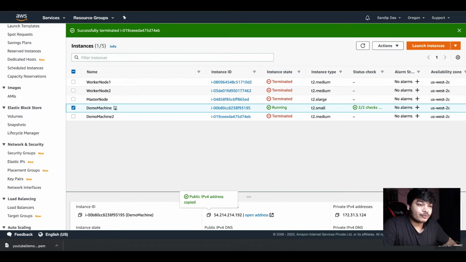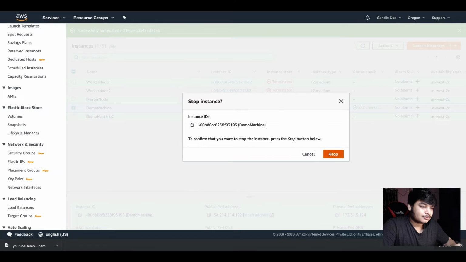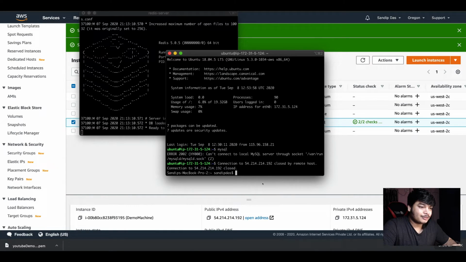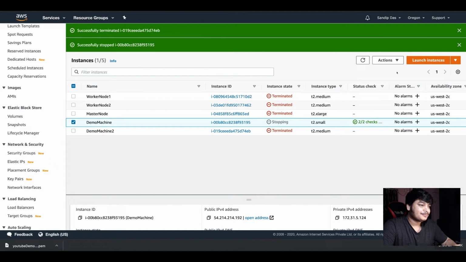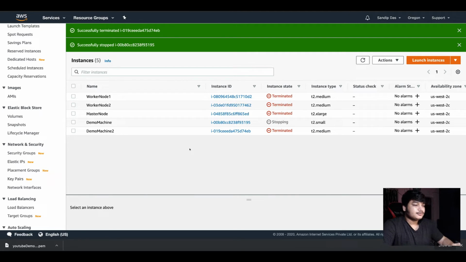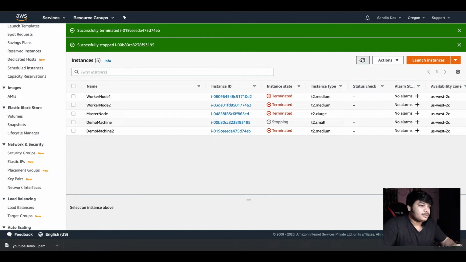Now, if you just stop the machine, I'll be out of the terminal. Stopping is pretty quick, so don't worry. Give it some time and it'll stop.